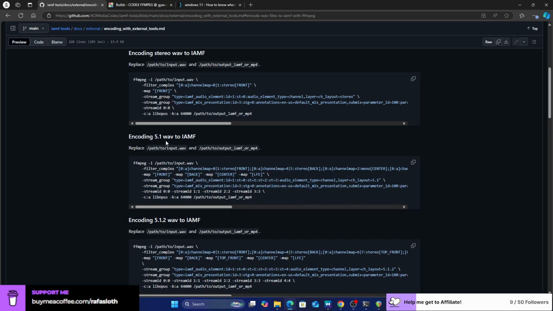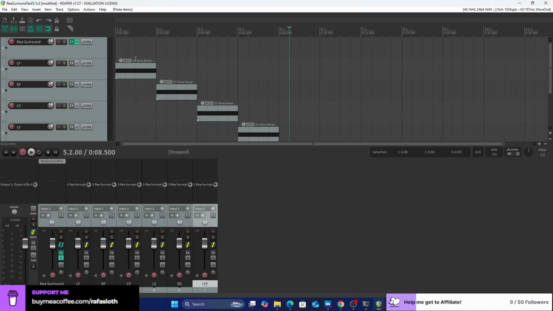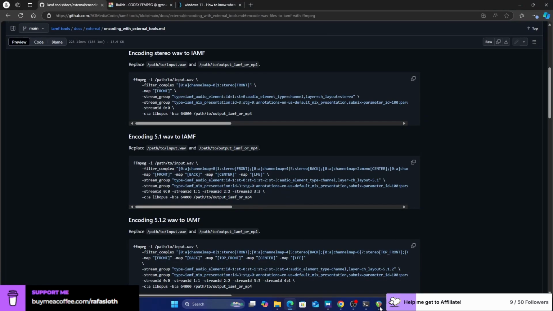The idea is to convert that 5.1 WAV file that we just created to an IMF file. So we save the effort of mixing this in the production suite or the effort of writing text profiles by hand. So let's copy this command.